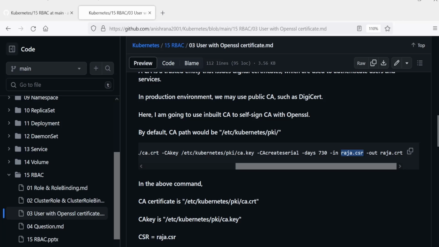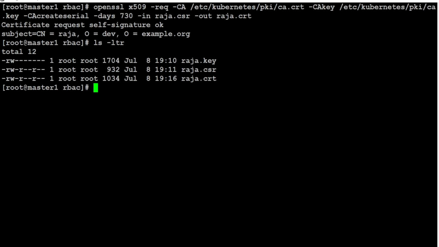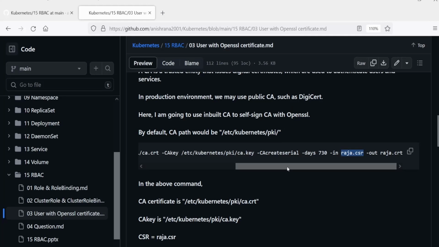The input is this CSR. We have given the CA, that our CSR file is this, and it will generate Raja's certificate. And it says everything is good. If I execute this command, I will observe the CRT file generated by our CA.